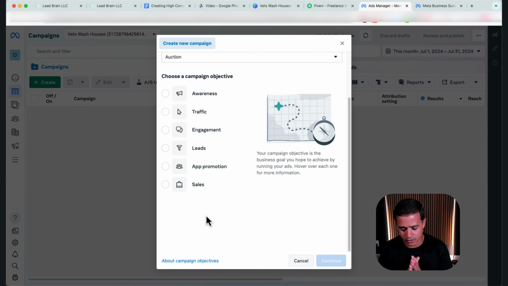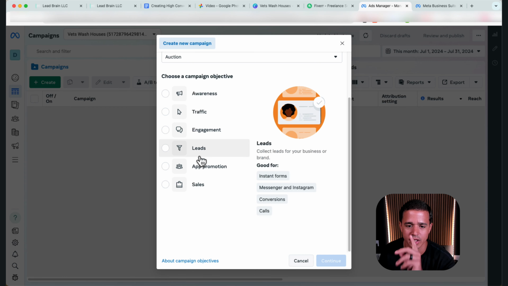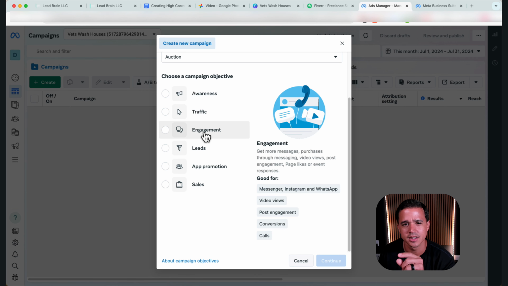Now, here is a point. I'm not going to go through every single one of these objectives, but today we're going to be working with the lead objective. A common thing I see contractors and home service companies doing is engagement objectives so they can get Messenger messages. I see that this results in a super low cost per action, it's called, not a cost per lead. I've also seen marketing agencies call these cost per actions leads. So anytime somebody clicks this, it sends them an automatic message and it counts that as an action, and they're calling those leads, which I guess if it's an opportunity, you can call it a lead. I just simply don't like this. Engagement means different things to different people.